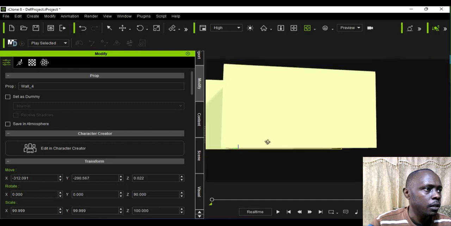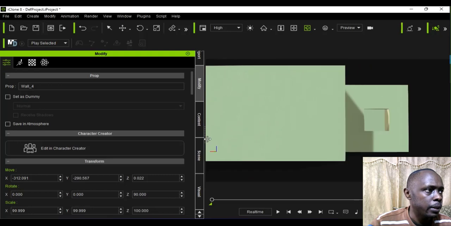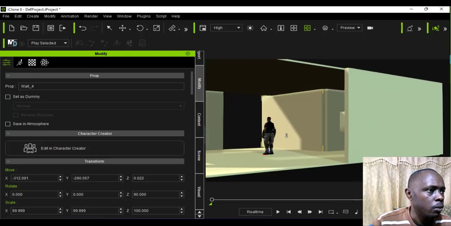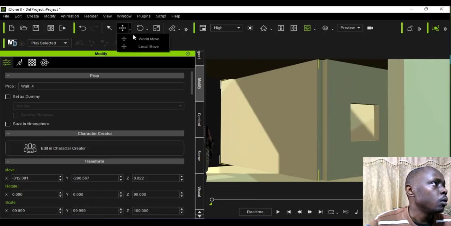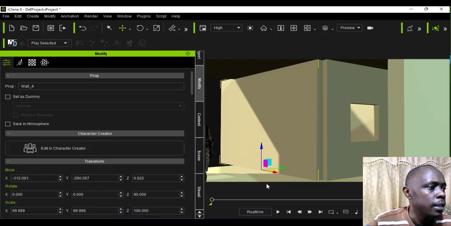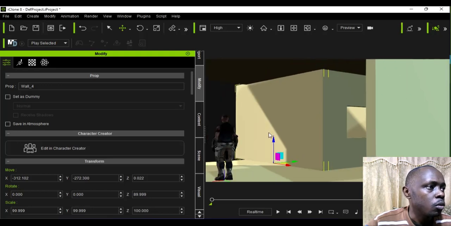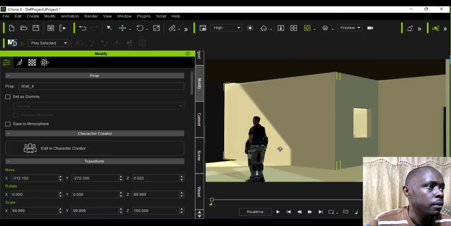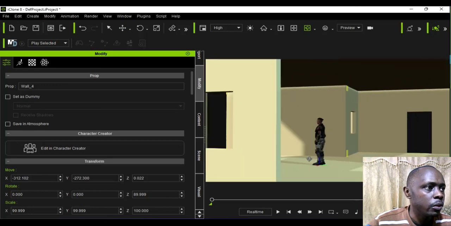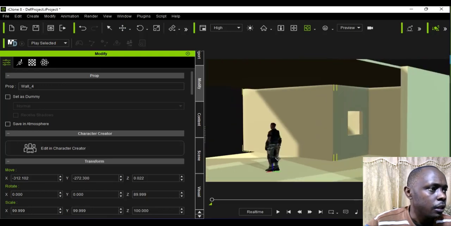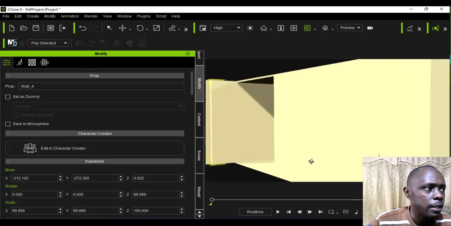We already have this, the side of the house. Okay, so let's just move it a little bit. Yeah, just like that. So inside the house you have all these spaces. We'll decide what to use them for. Right now we already have the house. This is Kevin's house,